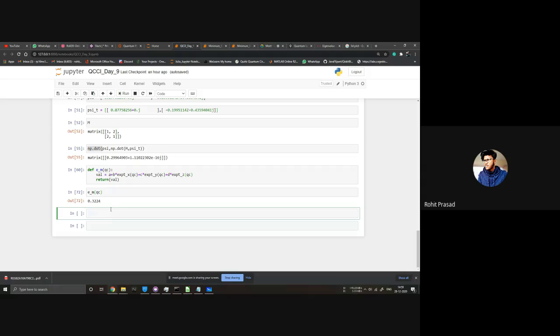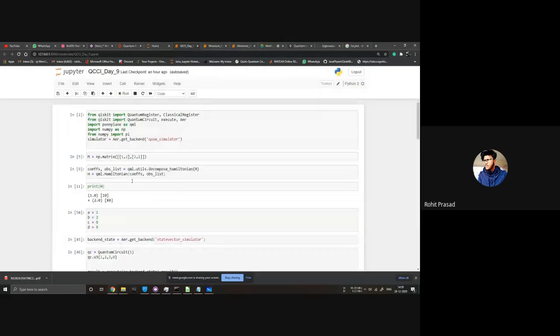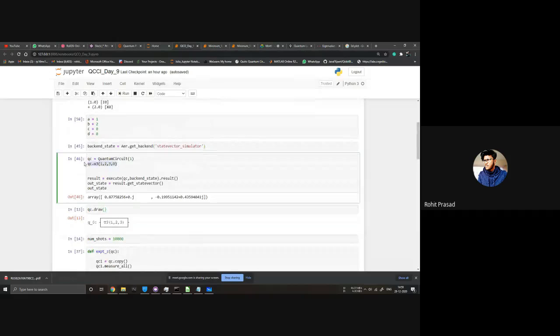So how to make a random? We made a random state psi, right? We just need to make a function out of it.